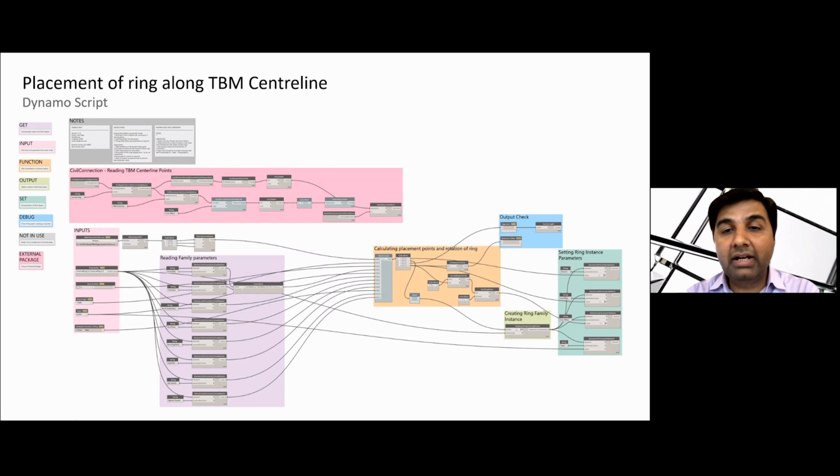For example, we get output for each individual ring, the starting and end position. Another output is the position of that ring which has a minimum deviation from the alignment line. And then when we run this, we will have some output checks. Throughout this run, when we put in all these desired parameters, we have the maximum deviation set. In the next slide, I will show you how we did that. And then afterwards, we use that information to create a ring family and set up all its instance parameters, for example, taper, start offset, and end offset.